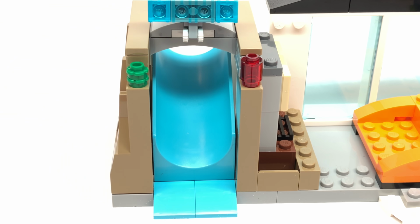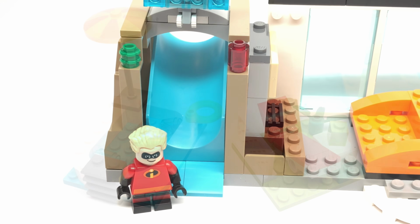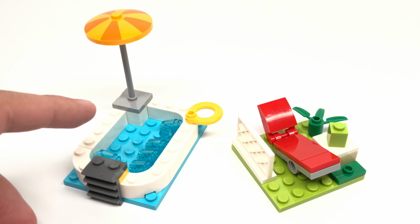And then you could slide down one of the characters. We got Dash right here. And you can see the slide works pretty well. I think kids will really like that little feature. So that's it for the house, or at least the interior of the house, because we also have this outside